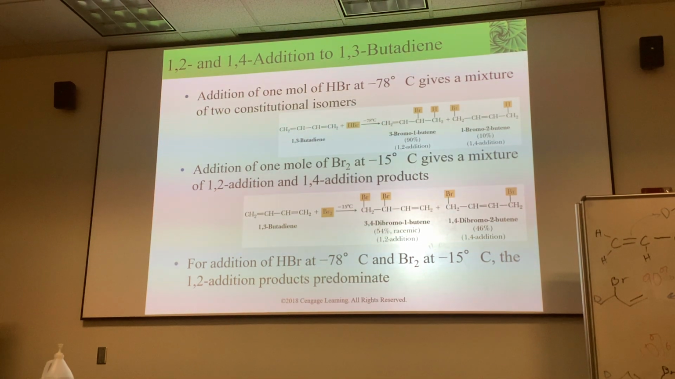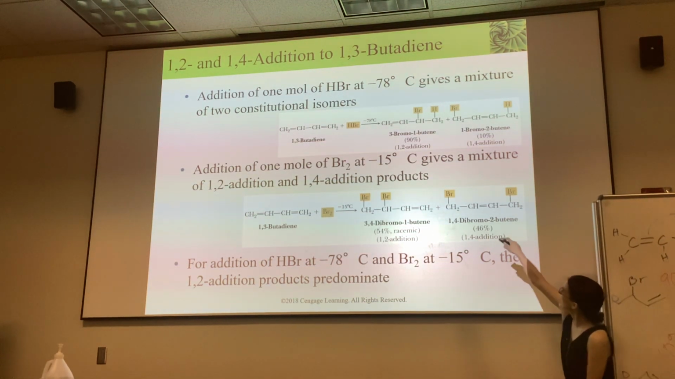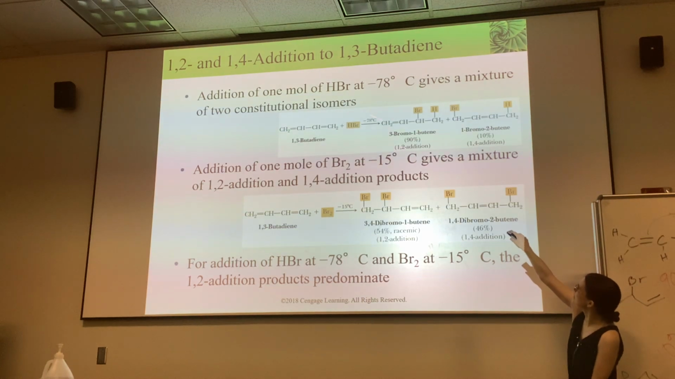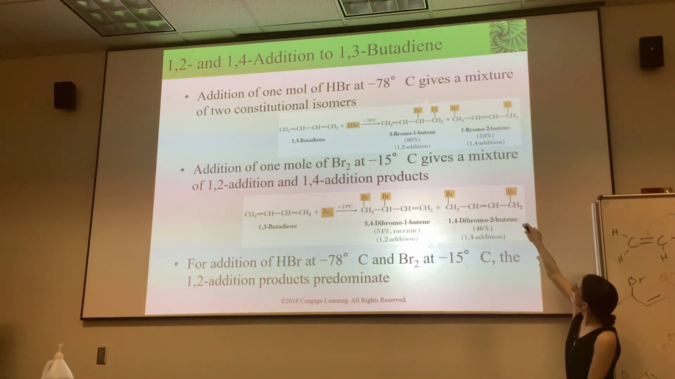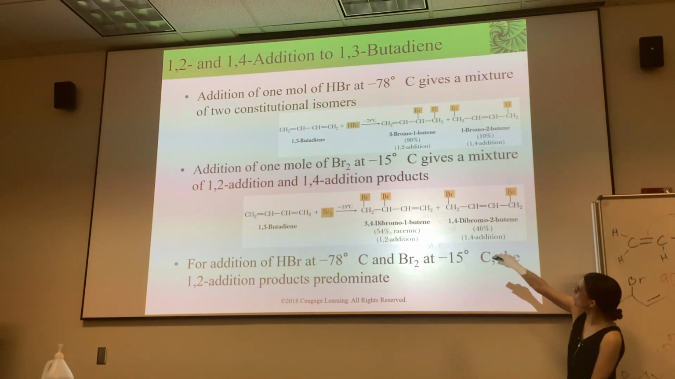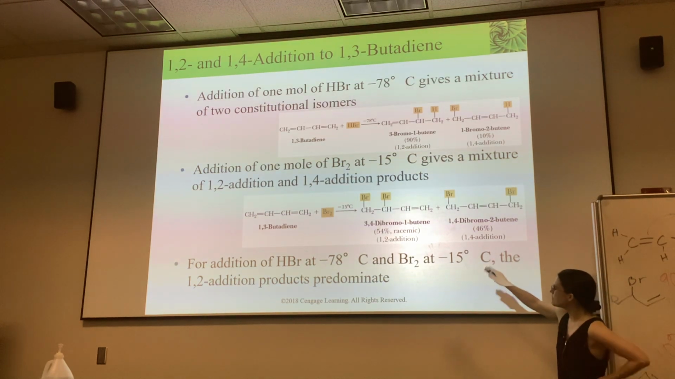So, at cold temperatures, like really cold, in a dry ice and acetone bath, -78, you get mostly this product, right? At -15 Celsius, I don't know off the top of my head how you get to that temperature, you end up with mostly this product, right? The 1-2 addition. But if you do this,